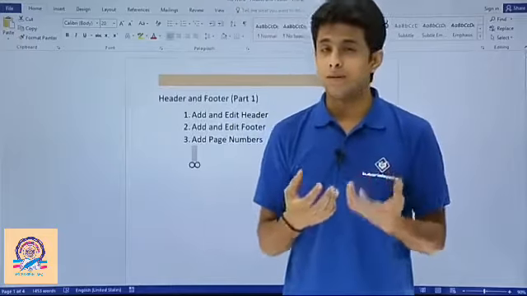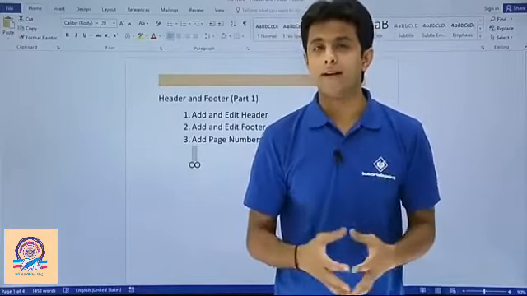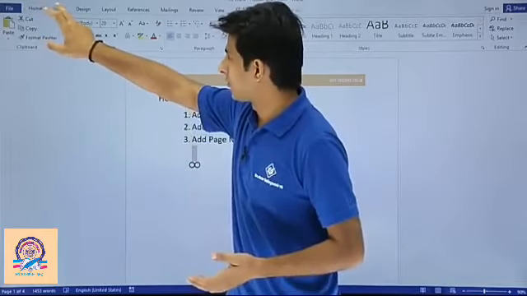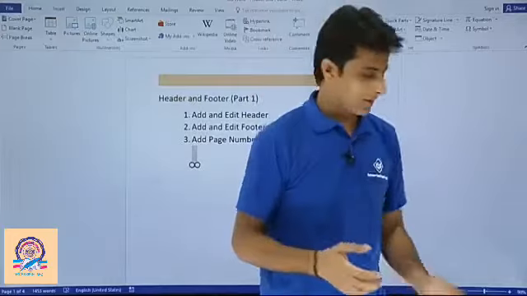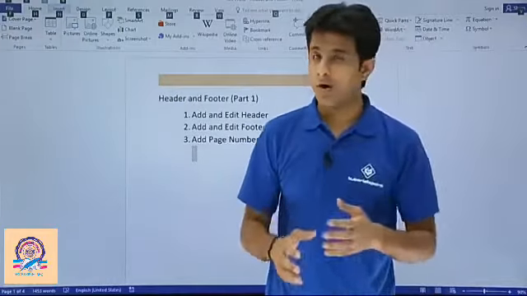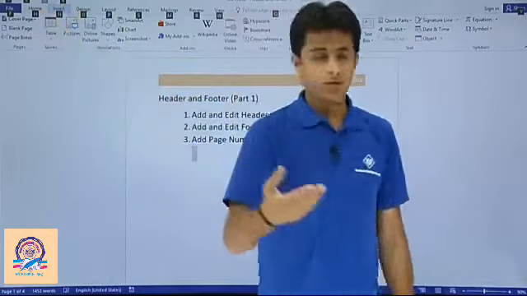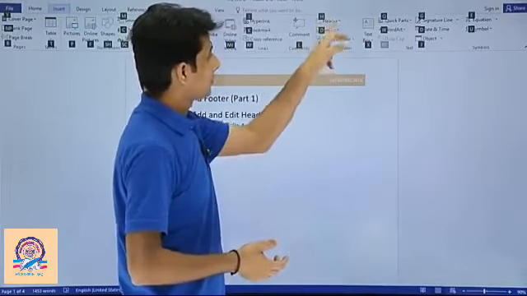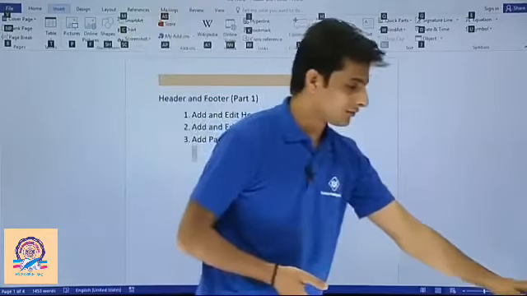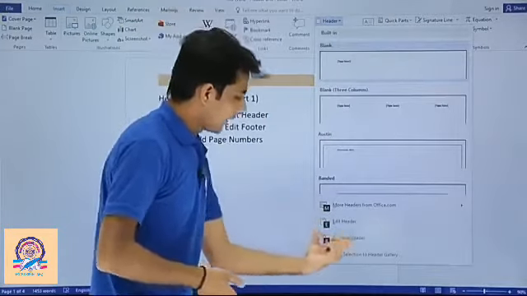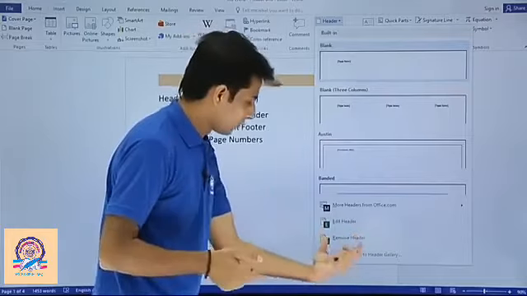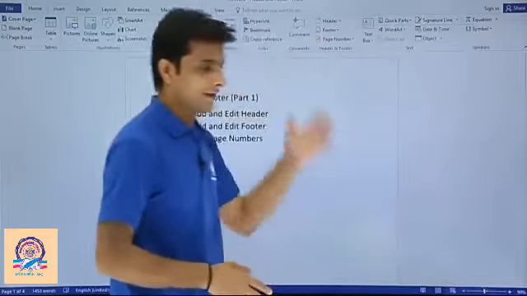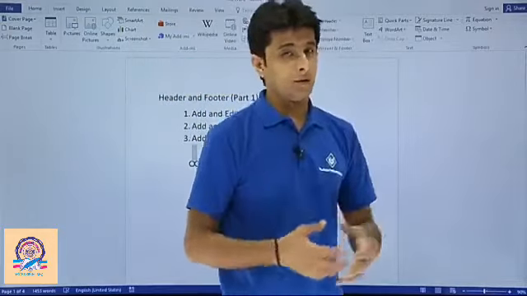Suppose you want to remove the header or edit the header, and you do not have a mouse. What you can do is go to this insert tab, or the shortcut method: you just press Alt from your keyboard, then you can press N if you want to go to the insert tab. If you want to go to the header, you see there's an option as H. You just press H from the keyboard, and if you want to edit the header, press E. If you want to remove the header, press R. Now if I want to remove the header, I'll press R from my keyboard and the header will go away, right?